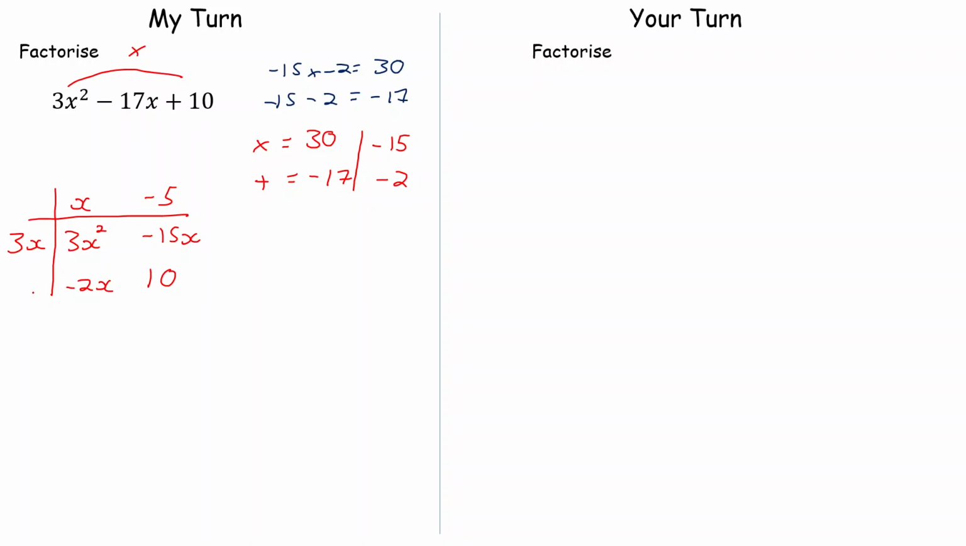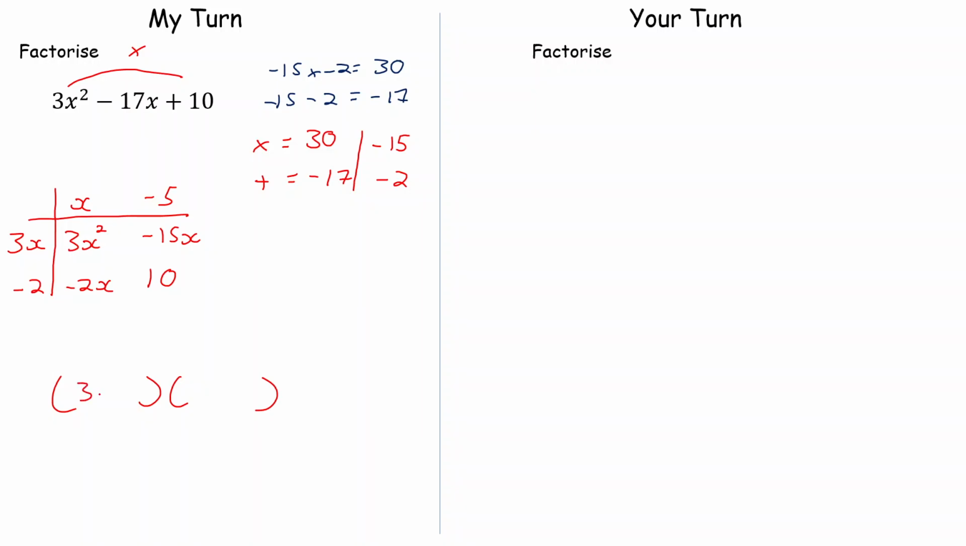Now you've got x times what gives you minus 2x, it should be minus 2. Minus 2 times x is negative 2x, and then hopefully it should work out nicely. Minus 2 times minus 5, two negatives gives you a positive 10. So you've got your two brackets, and they can go in any order, and they're going to be 3x